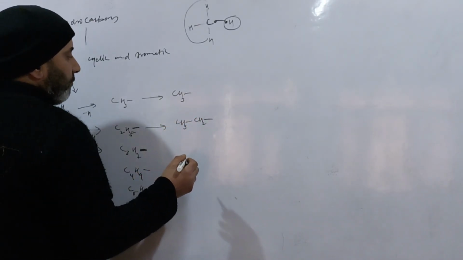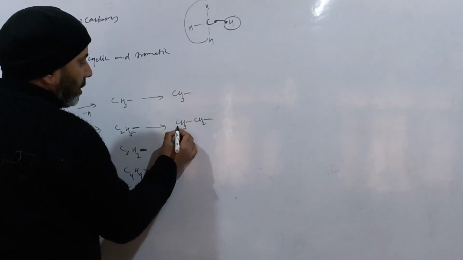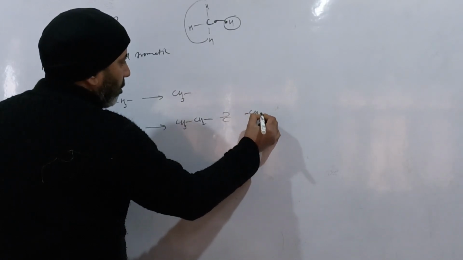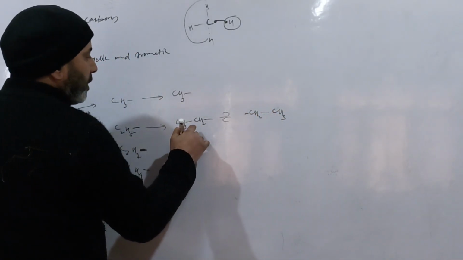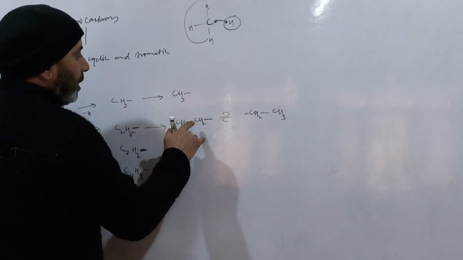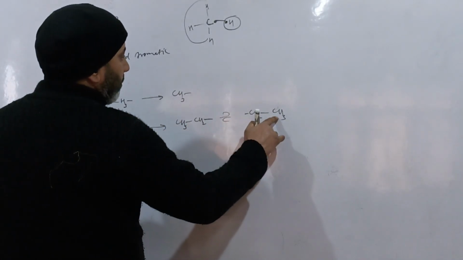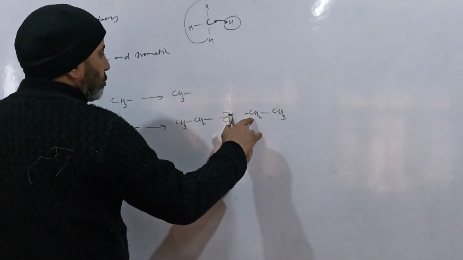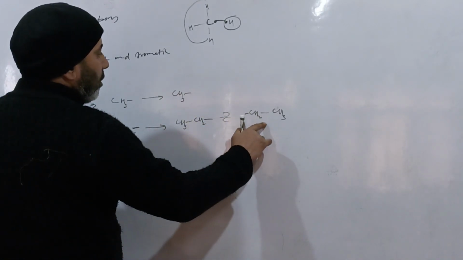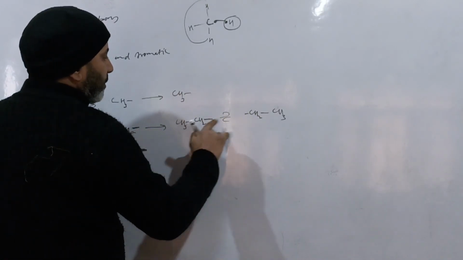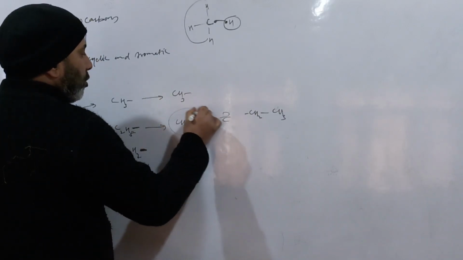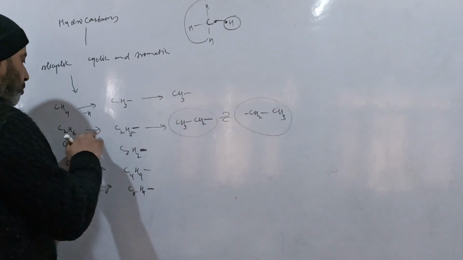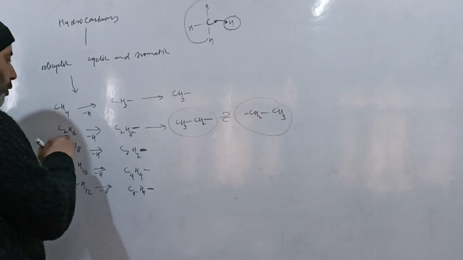Because if we detach a hydrogen atom from this molecule, the molecular formula will become CH2 single bond CH3, as we have detached the hydrogen atom from this carbon atom and not this one. Therefore, this will remain the complete CH3, single bond, the fourth carbon attached to CH2, and this is the reversible form of the same representation. That means either representation belongs to the ethane molecule subtracted by